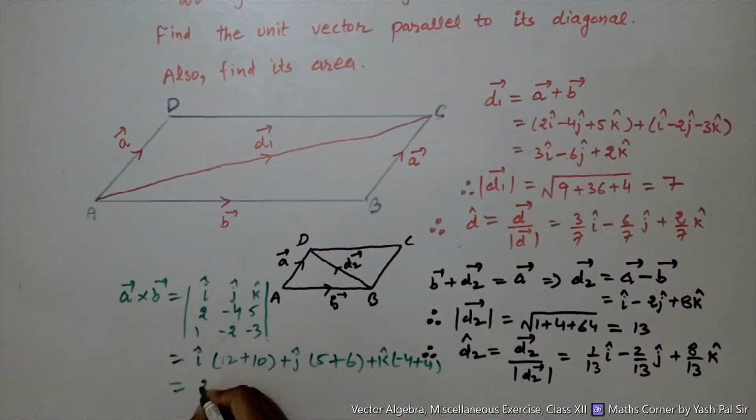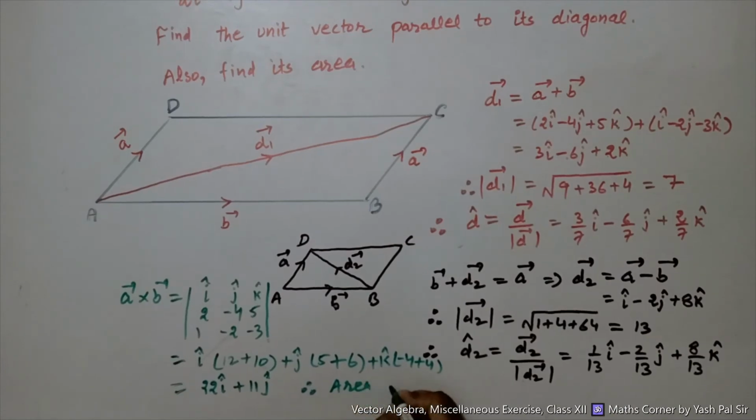So this way 12 plus 10, 22 i, 5 plus 6, 11 j, this is 0 k. So the required area